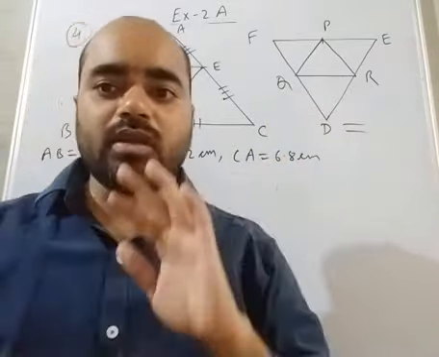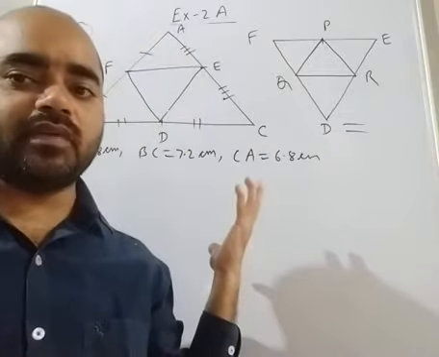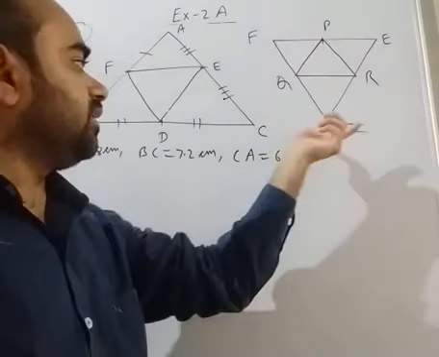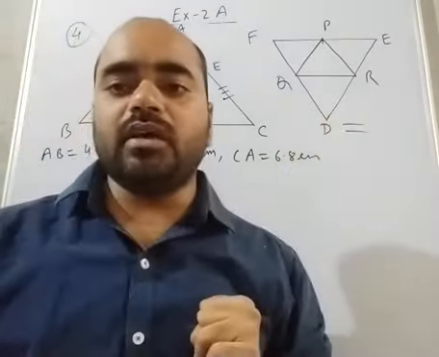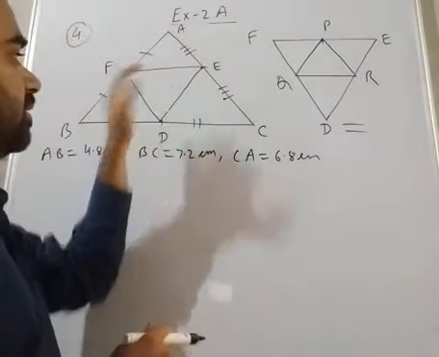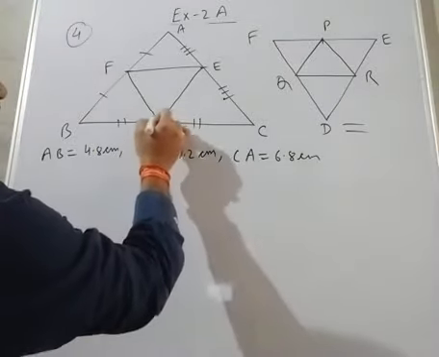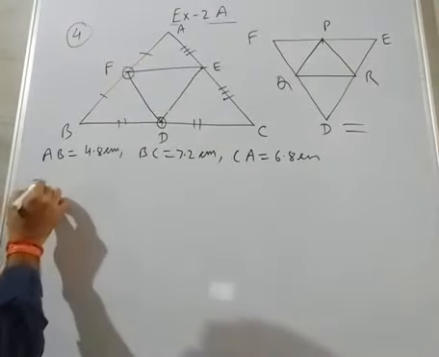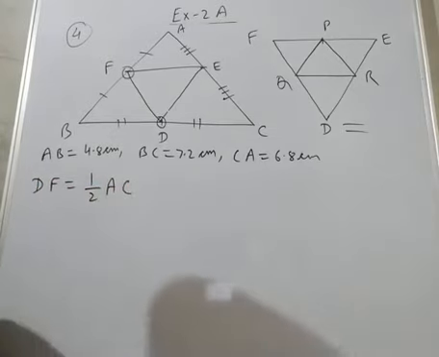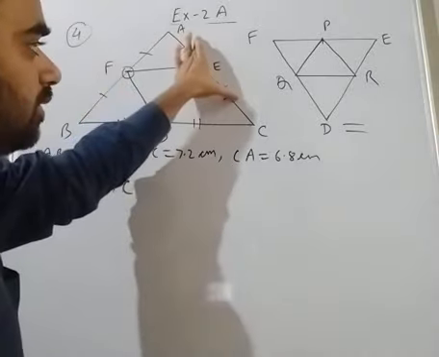I have made two diagrams. Why? For applying the midpoint theorem we have to identify a triangle. Now I have identified both the triangles. First one is triangle ABC, another one is triangle DEF. Now we can apply the midpoint theorem very easily. In triangle ABC, if you apply the midpoint theorem, see what the midpoints are here. Midpoints are D and F. It means DF will be equal to half of AC. Correct? By applying the midpoint theorem, DF is equal to half of AC.